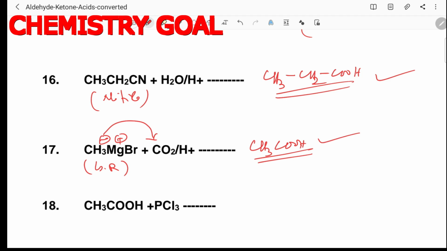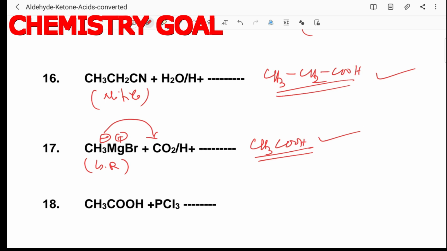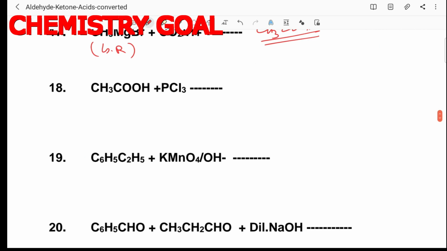Same number of carbon will remain, CH3COH it will be added. Methyl attack to carbon. Okay, then reaction 18 is CH3COOH with PCl3. It is a reaction of acid with PCl3 or PCl5. Always the main product is CH3COCl, acid chloride or acid halide, and the other product is your PO